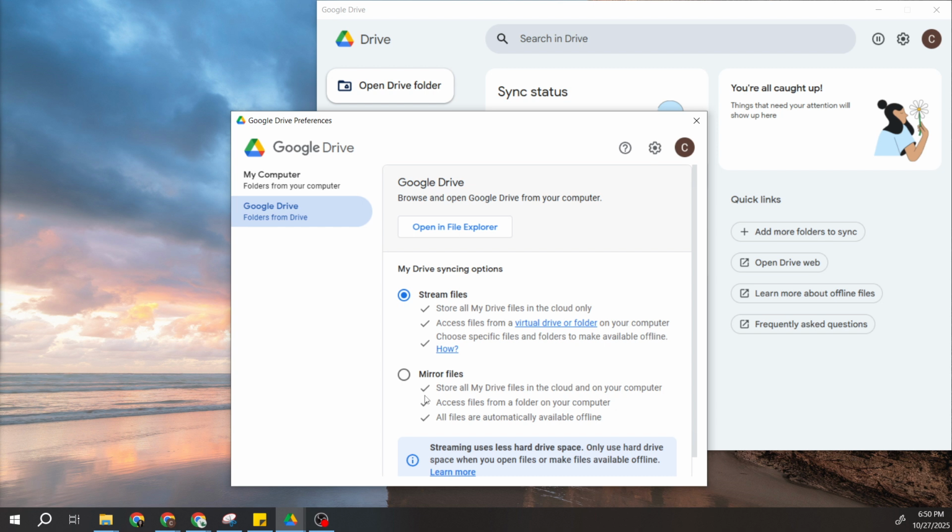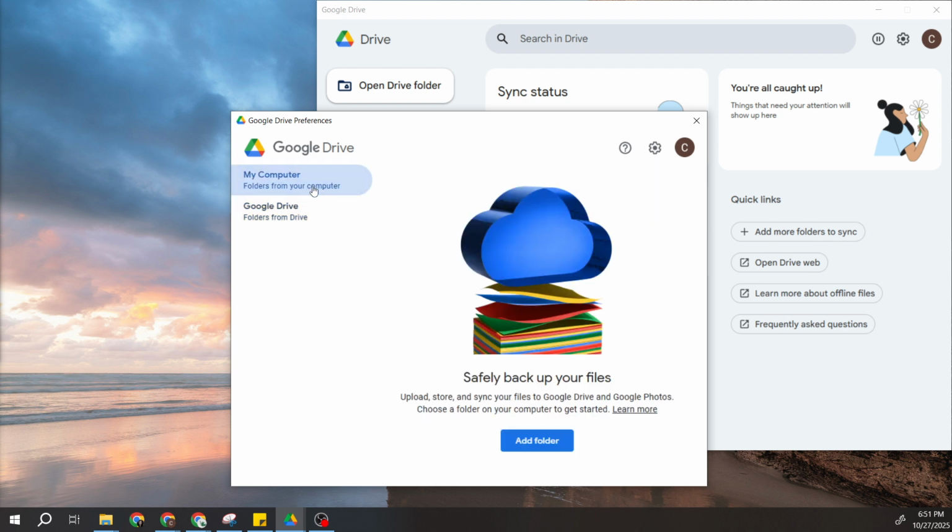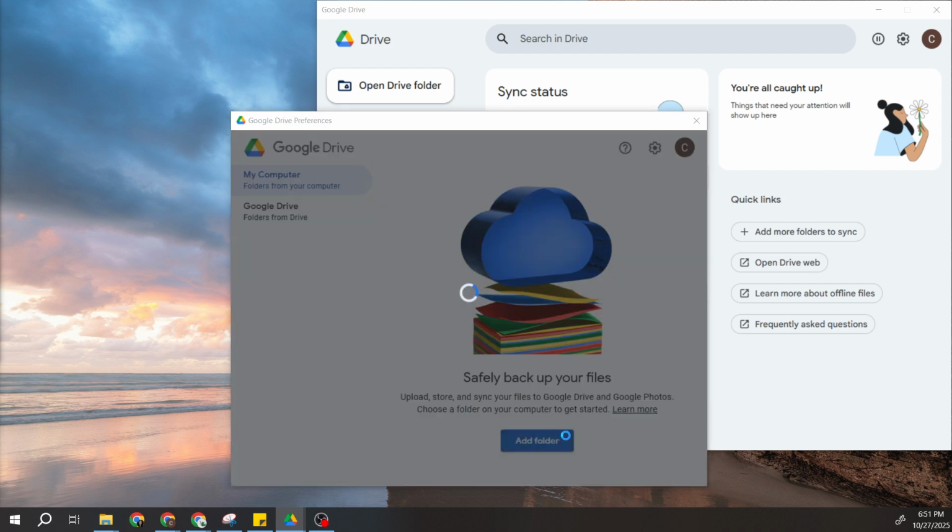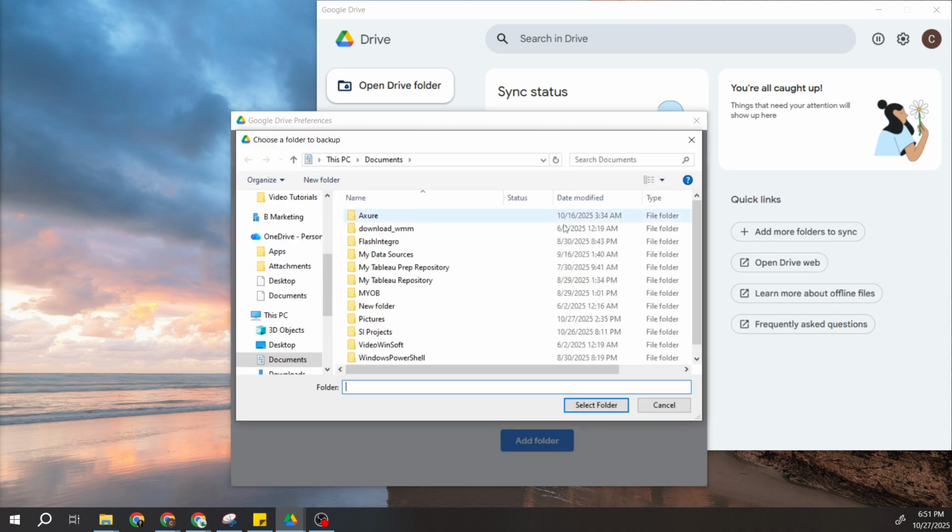After you've made your choice, it's time to add a new folder to sync. Click on Add Folder, and a window will pop up. Here, you'll need to navigate through your computer's directory to find the specific folder you wish to sync with Google Drive. Once you've located it, click on it, and then select either Open or Select Folder, depending on your system